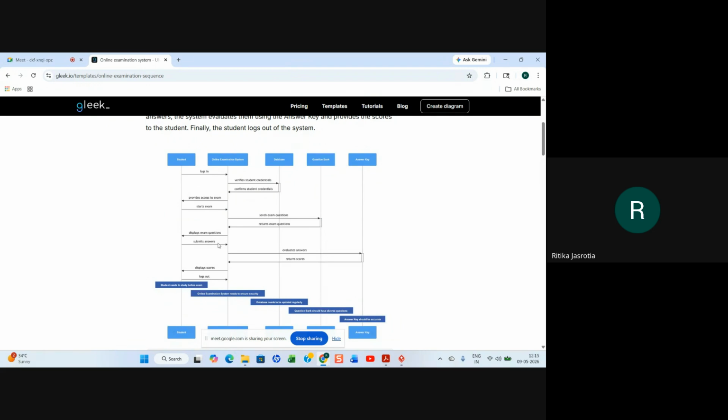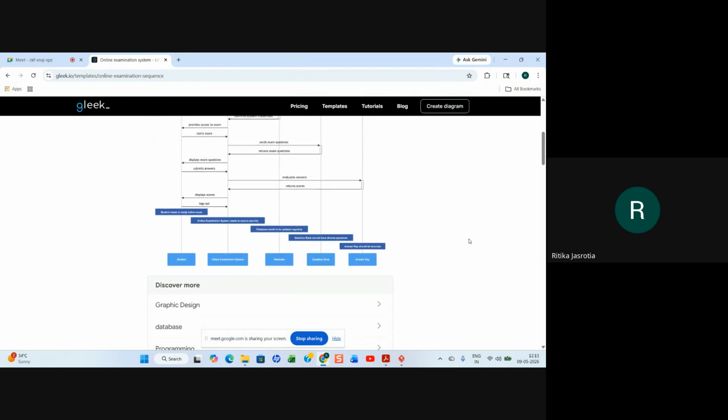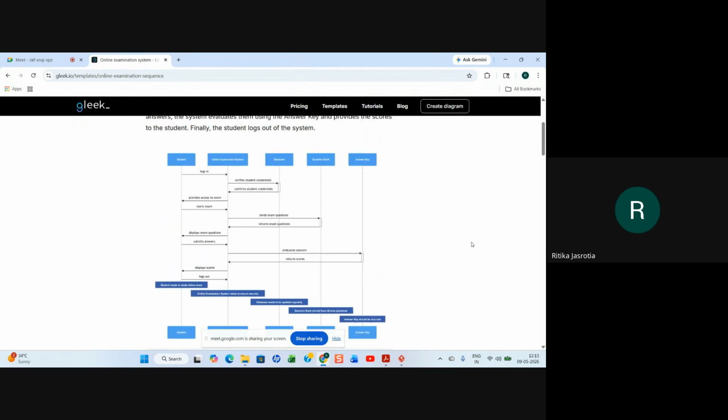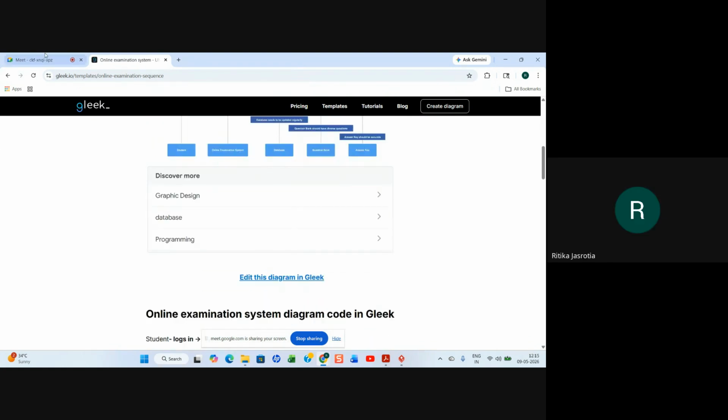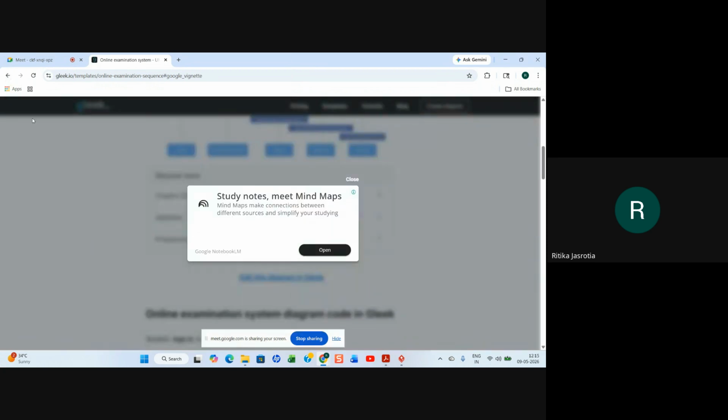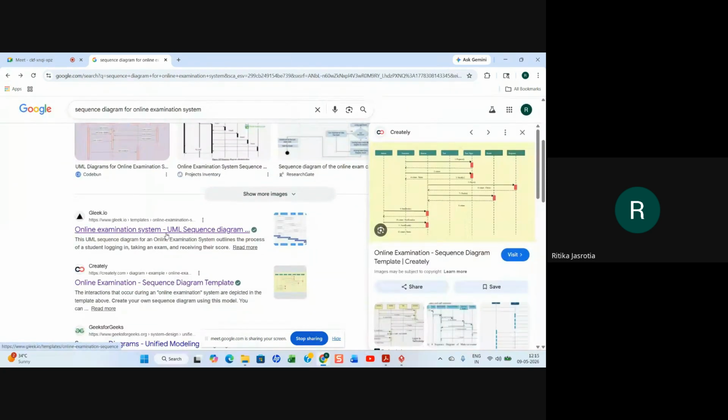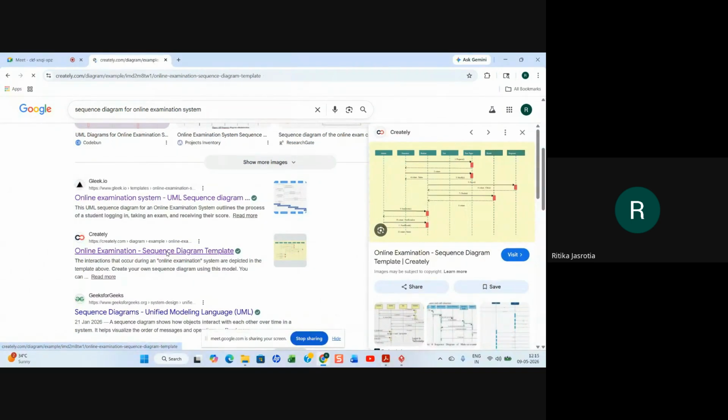The student submits the answers, which are evaluated according to the answer key, and that is returned to the examination system, which displays the scores. So this is followed by logout. It is an instant result, where the result is displayed right away. That is what they have shown, right? Yes, ma'am. So you can take this kind of system as an example. It is just one of the examples.